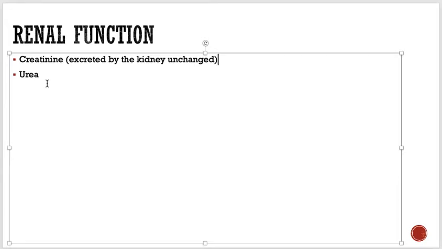Now the problem is what? We have 2 million nephrons in our both kidneys. For the kidneys to work fine, or to maintain the level of urea and creatinine in the blood, you don't need all your kidneys to work properly to do this thing. Rather, if less than 20% of your nephrons are working, which means even if your